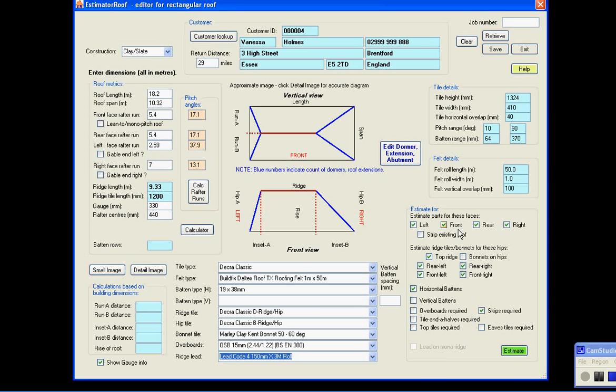Okay, now on this side here you can see you're selecting for all the faces. If you want to deselect a face, for instance if you wanted to not have the right face included in the estimate, just untick it. You can select to strip the existing roof if you want. You can then say whether you want ridge tiles, bonnets on these particular hips, so you can deselect them here. So you've got the front left, front right, rear right. If you want bonnets, and if you click this one, it will use bonnet tiles instead of hip tiles, and